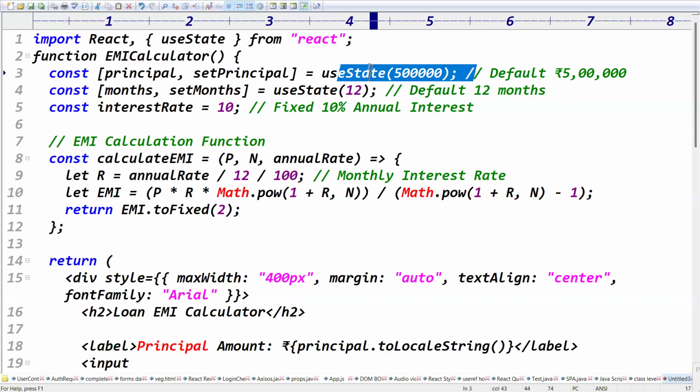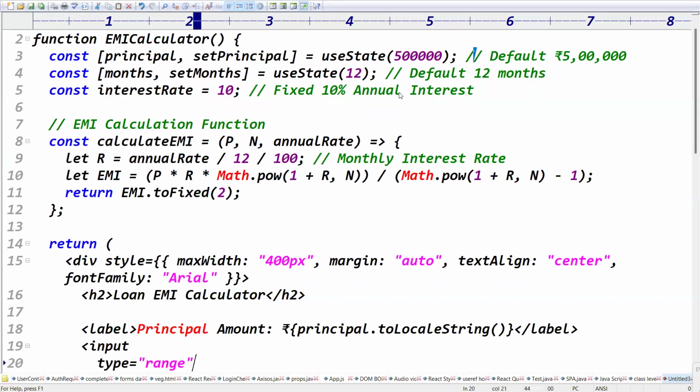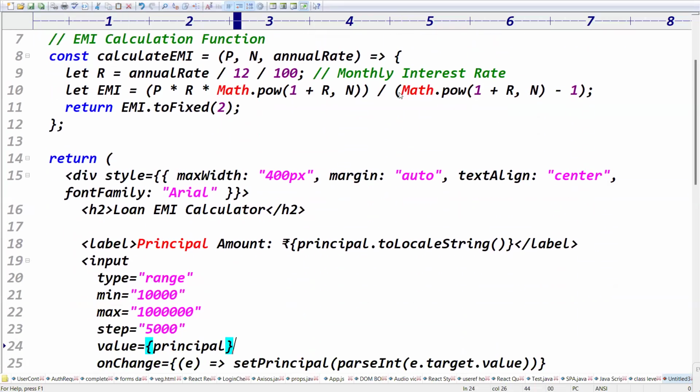Principal amount initially 5 lakhs. Months 12 months. Interest rate 10%. Input type equal to range. Min is